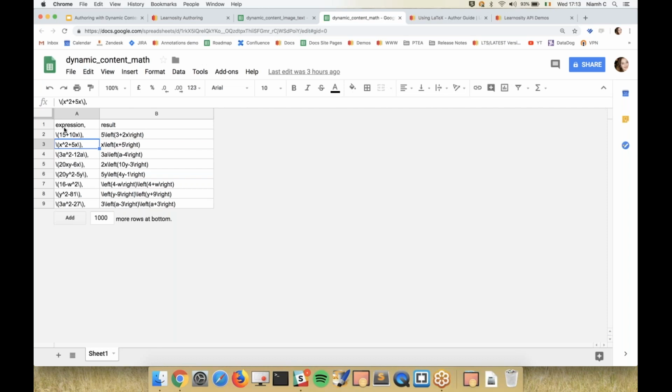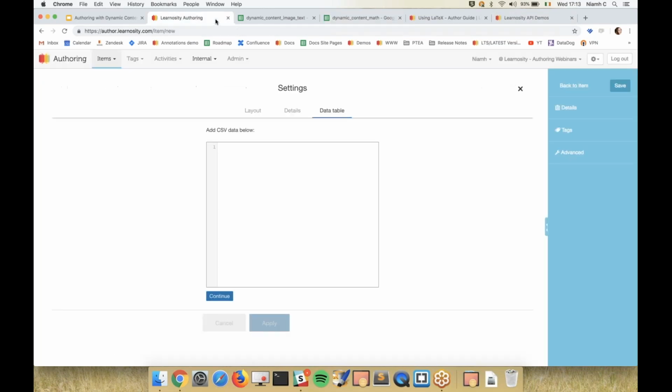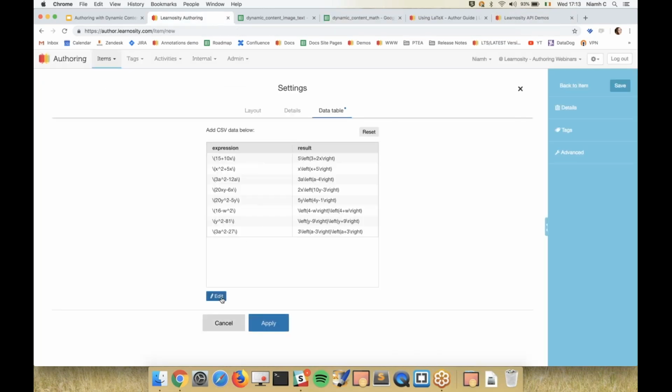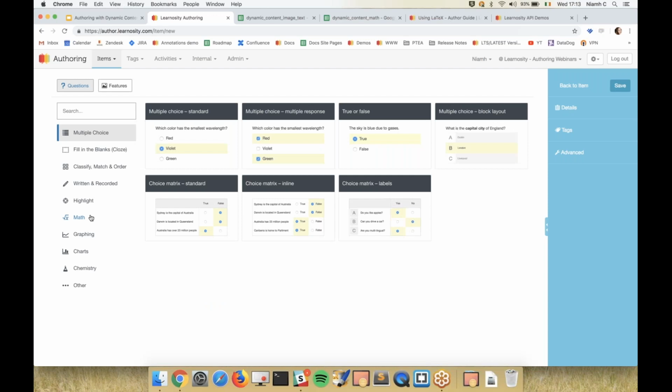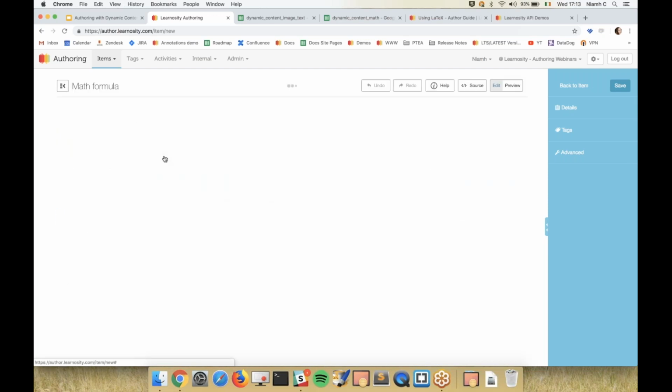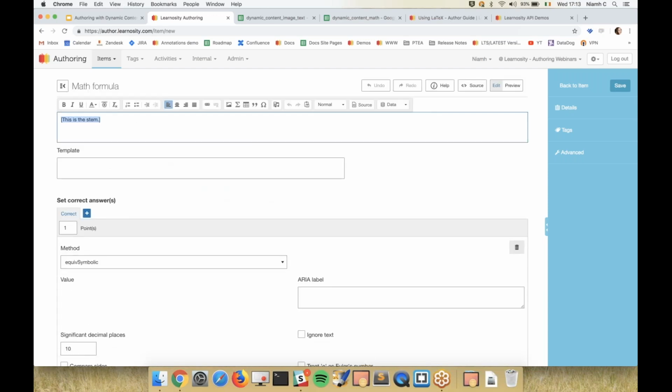Okay, so I'm just going to copy this in and go back to my table, paste it in, hit continue, and I can see it formats for me. So then I'll click apply, and that's done. So I'm going to go into a math formula question now and add this in. So I'm going to say factorize